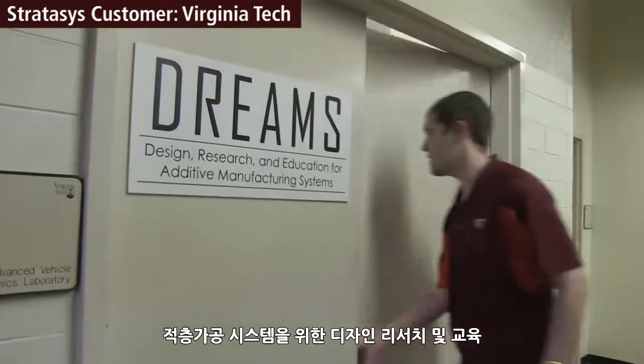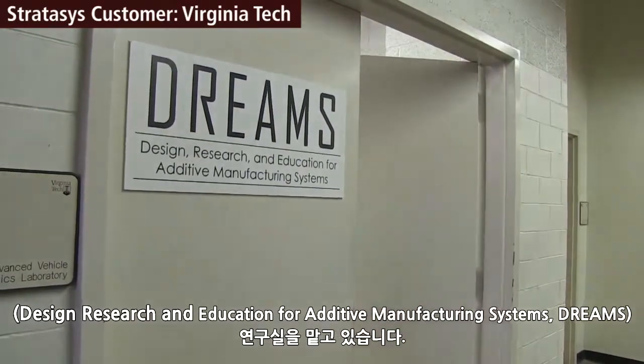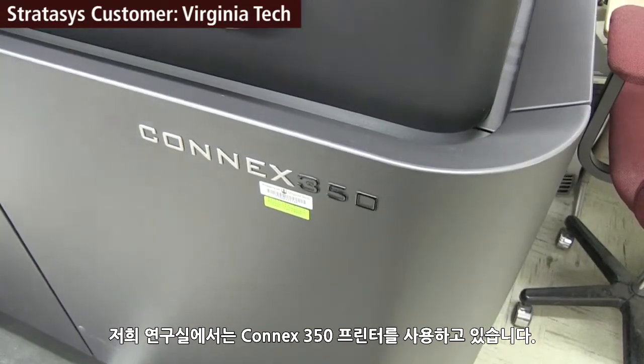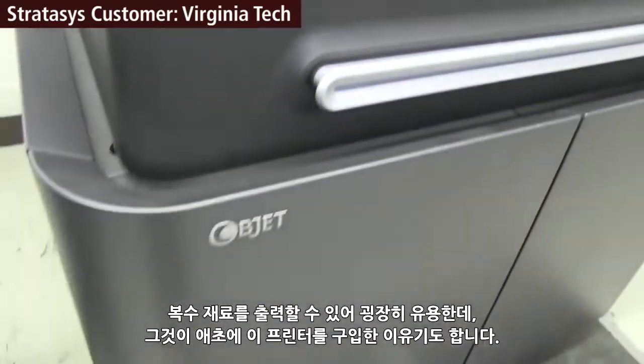Chris Williams. I'm an assistant professor here at Virginia Tech. I direct what we call the DREAMS Lab, which is an acronym for Design, Research, and Education for Additive Manufacturing Systems. And in that lab we have several different technologies where we perform research on product design, materials research, process improvement research, and applications. We have a Connex 350, which is a great machine for us that can do multiple